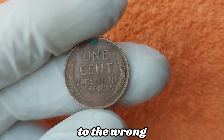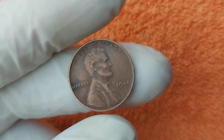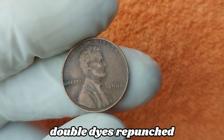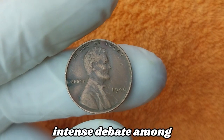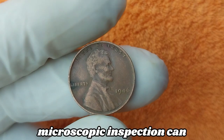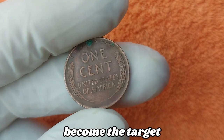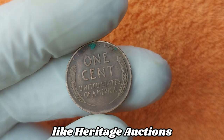And in addition to the wrong planchet errors, the 1946 wheat penny has been discovered with various die clashes, off-center strikes, double dies, repunched mint marks, and even completely missing mint marks that have sparked intense debate among experts. Because while some errors are easy to identify, others are so subtle that only advanced microscopic inspection can confirm their presence. And these varieties have become the target of intense bidding wars at major auction houses like Heritage Auctions and Stack's Bowers,